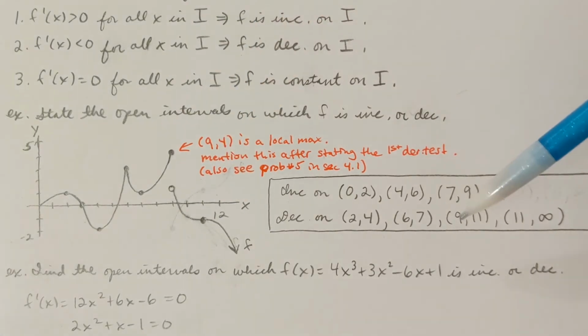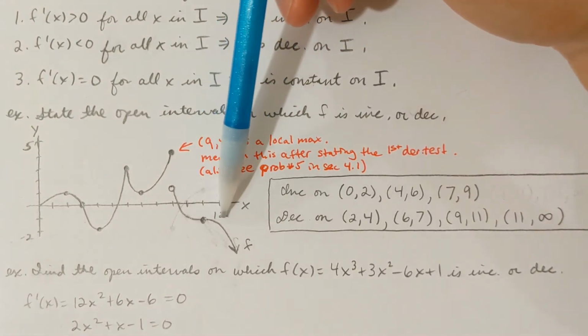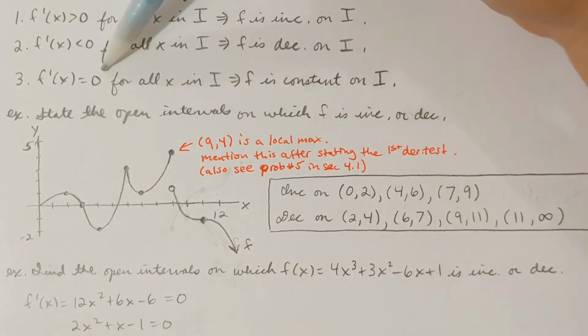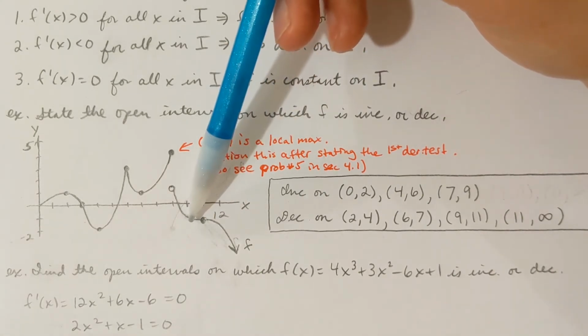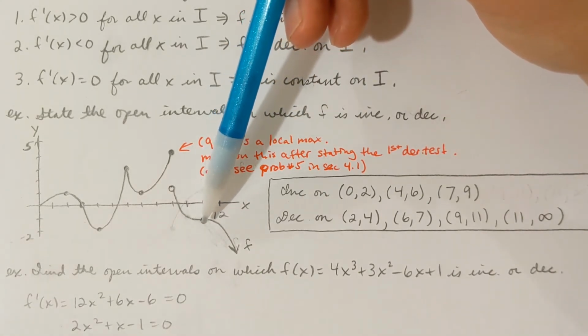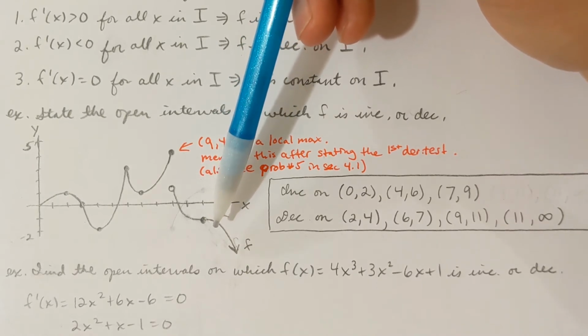So I wouldn't want to say decreasing on 9 to infinity. That's not true, because at that single point the slope of the graph would be 0. So at that single point, you're going to be constant. Now, I don't have a min or a max. Fermat's theorem did not say that. It said that if you have a min or a max,